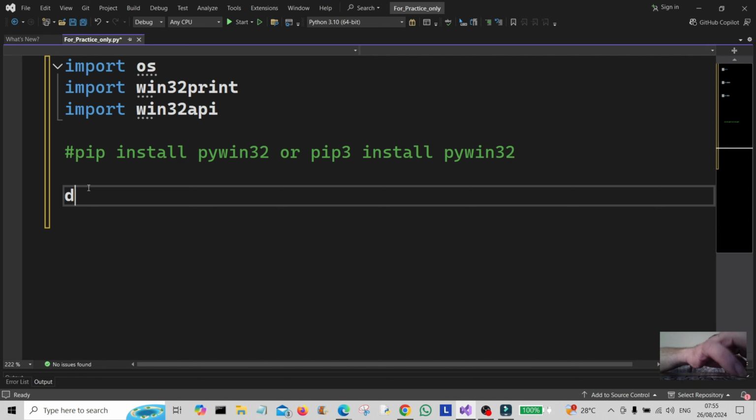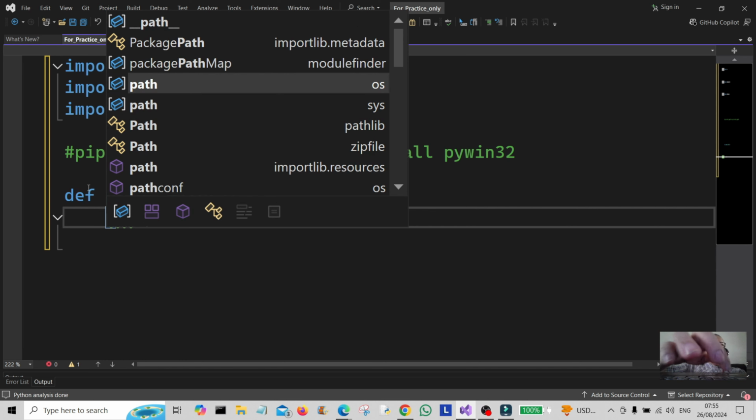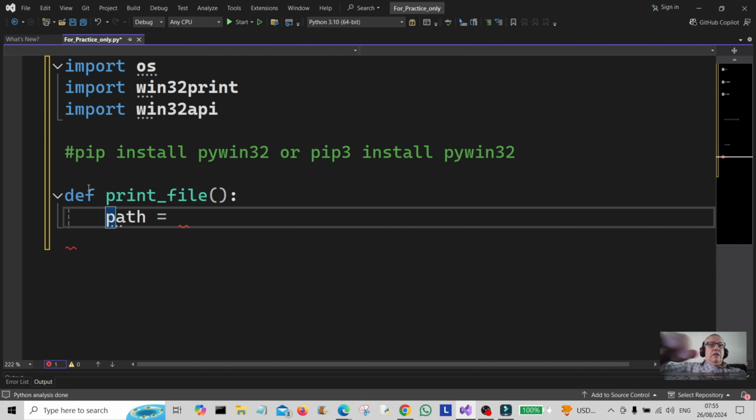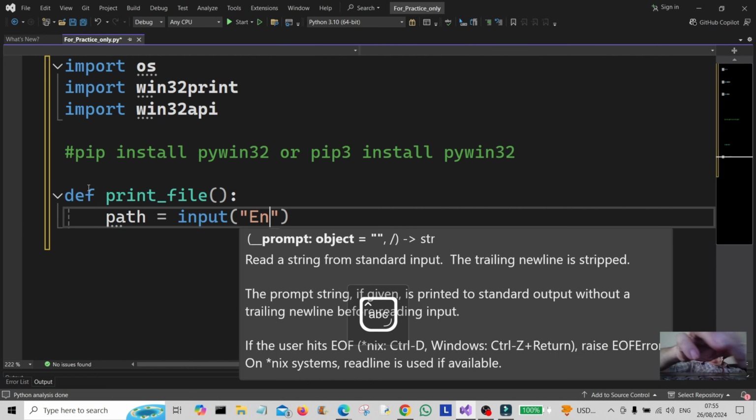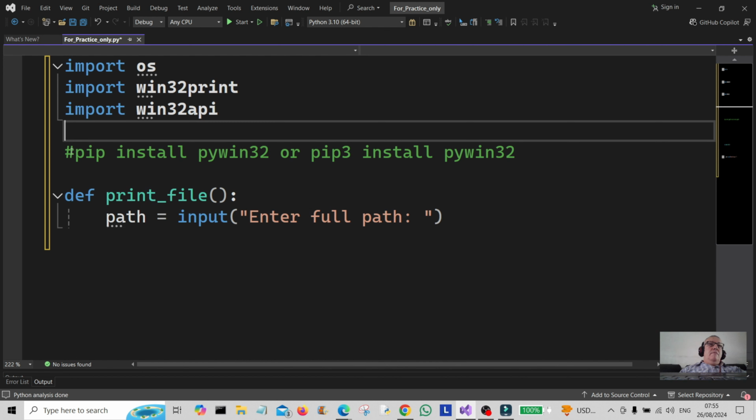Okay, let's start off. Let's create a function called print file. And the path is going to equal input, then simply enter full path. Okay, so full path could be something like this. So for me, if I had a document on my desktop, it would be